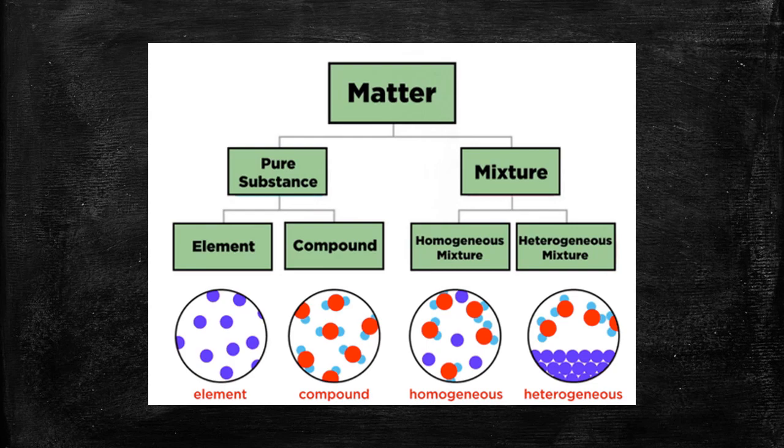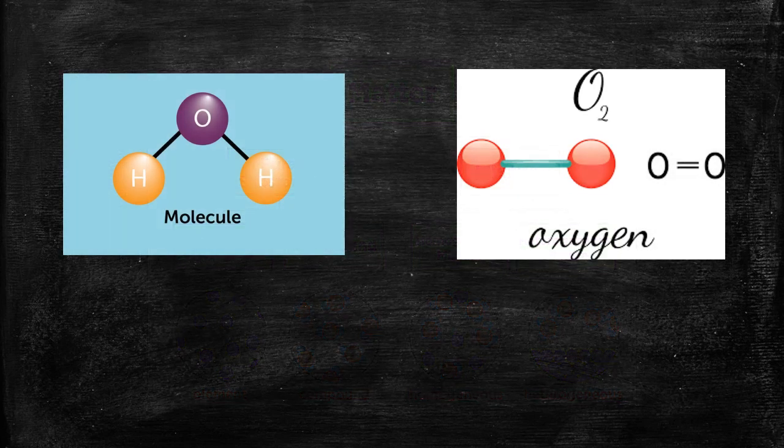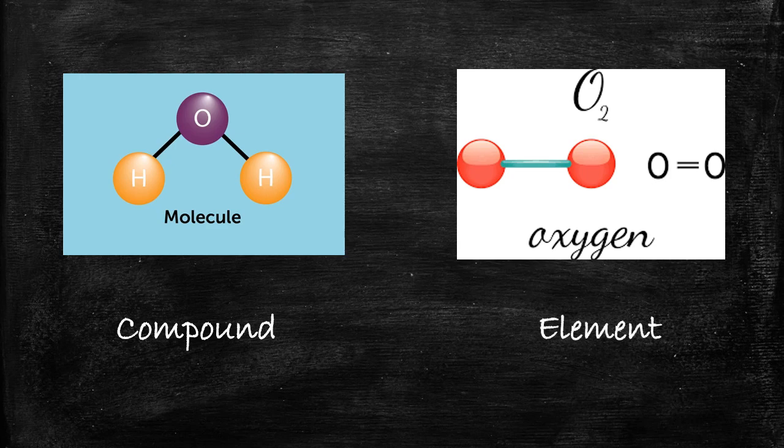Now let's understand this with the help of an example. Look here. On the left side we can see two atoms of hydrogen combined together with one atom of oxygen. Here it is not made entirely of only one type of atom. We have atoms of oxygen and atoms of hydrogen, and they combine together and hence it is a compound. Whereas on the right side we see only oxygen atoms, that is only one type of atom, combining together and hence it is known as an element. Okay, students.